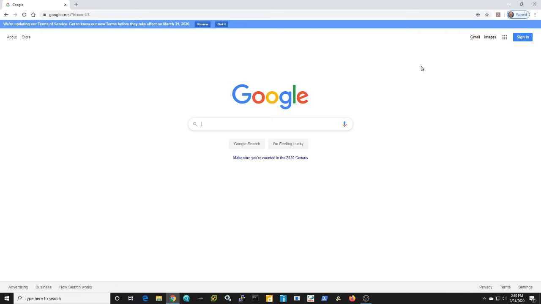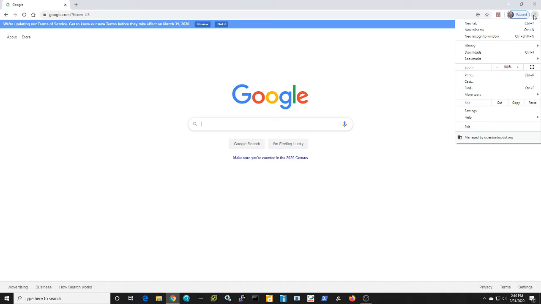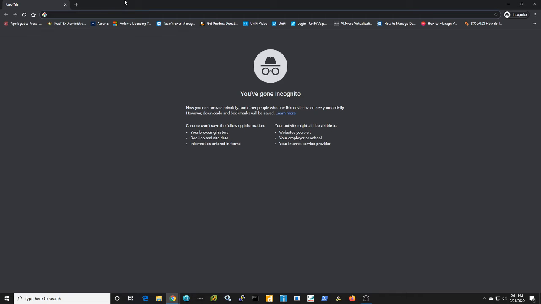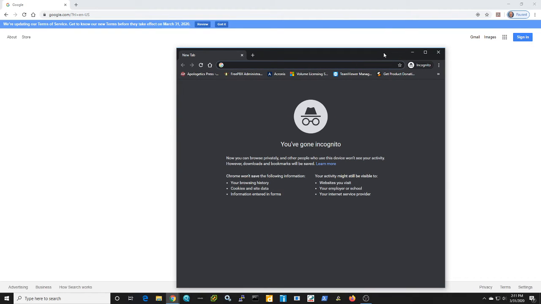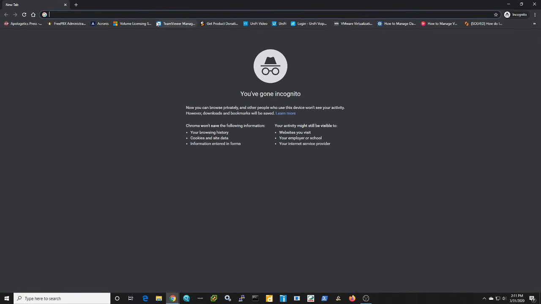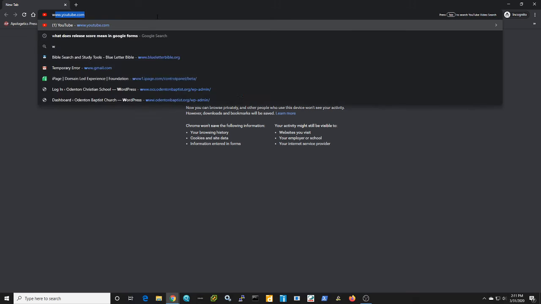So what we're going to do is open an incognito window. How to do that is you go to the three dots in the upper right, and then you go down to New Incognito Window. Click it, and it'll open up a browser that has a darker theme to it, if you notice the difference. And what we'll do now is go to